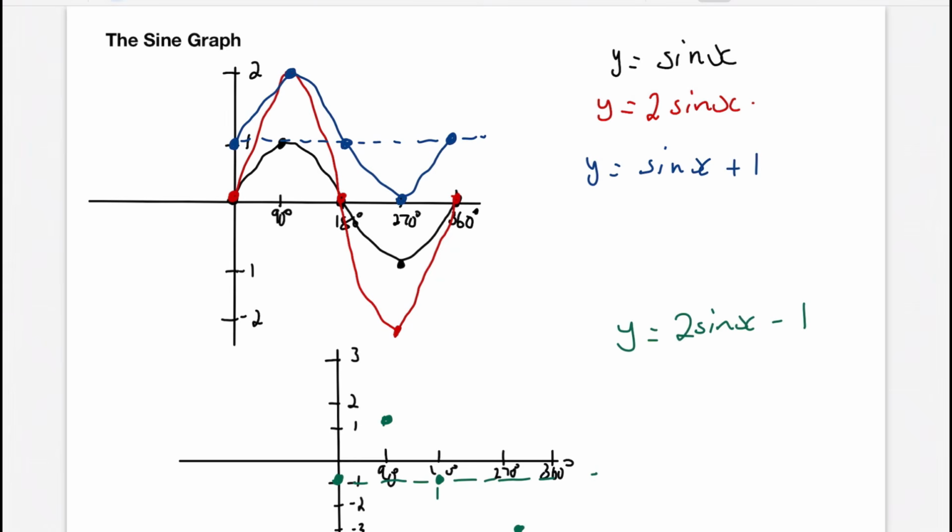It would move 1, 2. Okay, because we've stretched it vertically by 2. And it'll complete itself at its horizontal point at 360. So this graph will look something like this. So that is the graph y is equal to 2 sine x minus 1. So all these little tweaks and additions that we're doing,